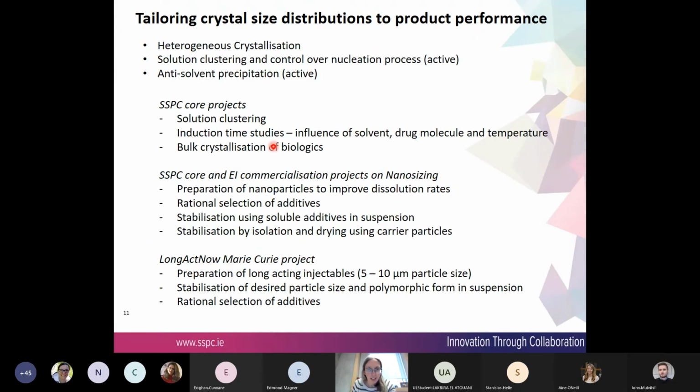So I'm not going to talk about all these projects today. This comes under the umbrella of the SSPC, but this is where we focus on making different polymorphs, or different solid forms, of the drug molecule itself. We focus a lot on the crystallization process. So we look at heterogeneous crystallization, we look at solution clustering and control over the nucleation process. Again, always trying to tailor the particle size of the drugs and the polymorphic form to get the product performance